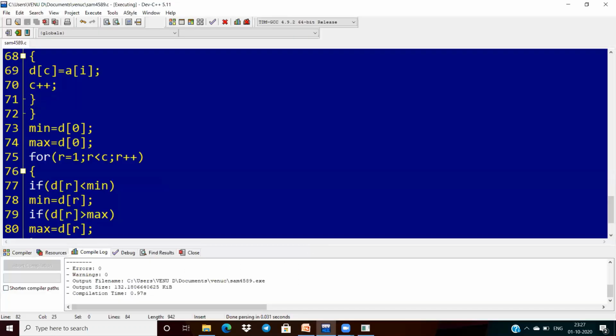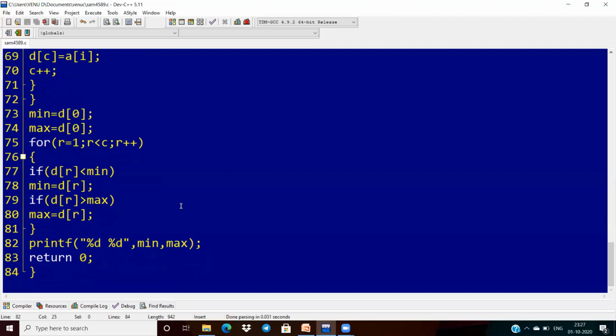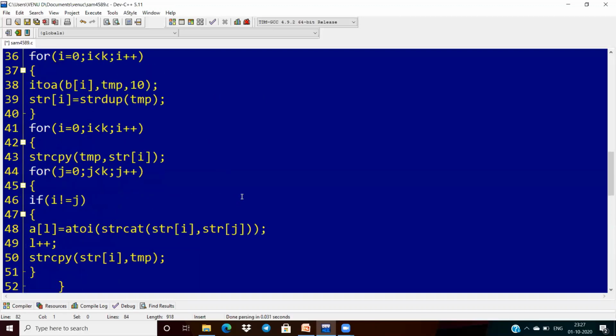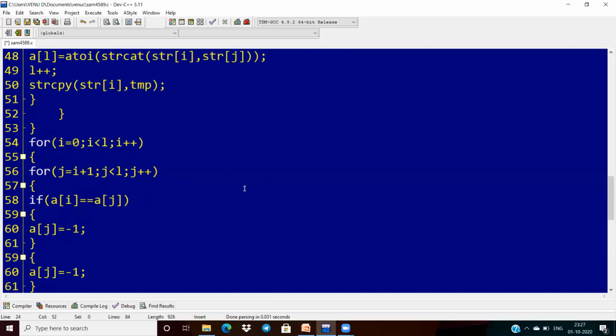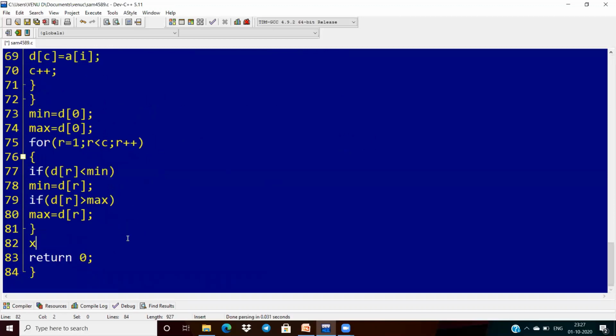Okay. Now after getting this, what we have to do? These are the two inputs of the Fibonacci series. So I want to take another two numbers called x1, comma x2 and x, and store your x1 as min and x2 as max. Then implement the Fibonacci series logic here.